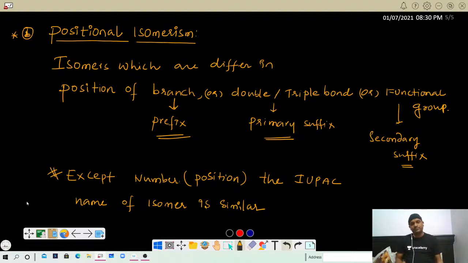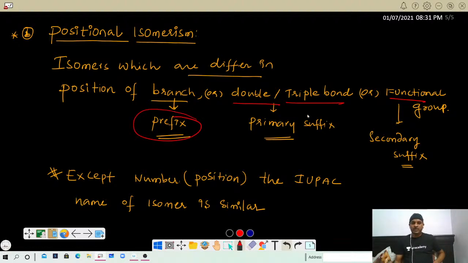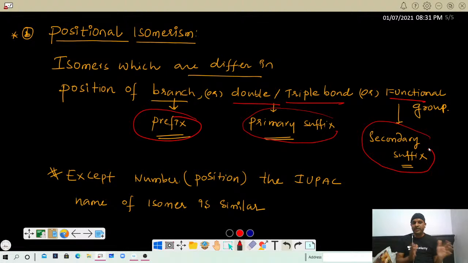So we can use here, that means simply, there is a trick to distinguish positional isomers. As I explained, isomers which differ in the position of a branch or double bond or triple bond or functional group. Branch we can indicate as prefix, double bond and triple bond is indicated as primary suffix, and functional group is secondary suffix. It may be different in any one of them, so that when you write two or more isomers, the IUPAC names,